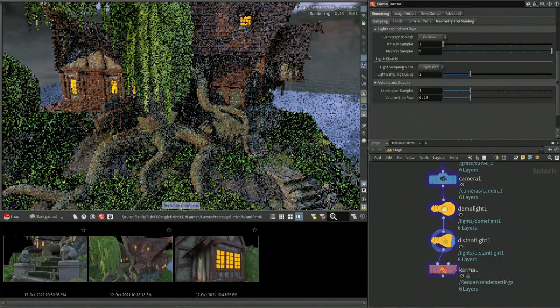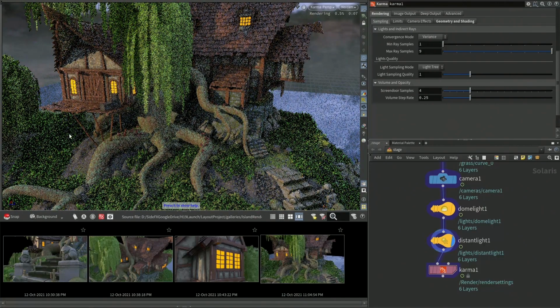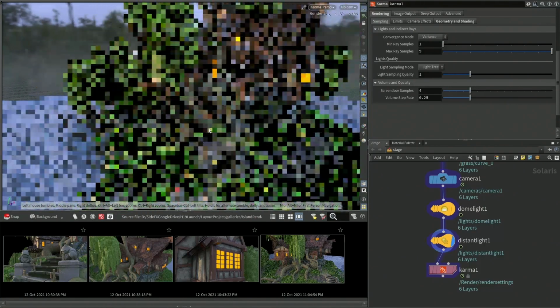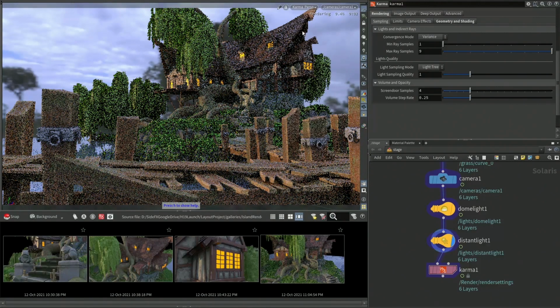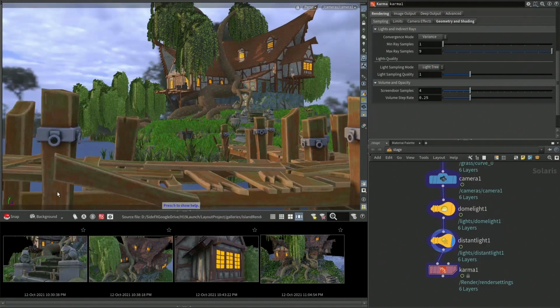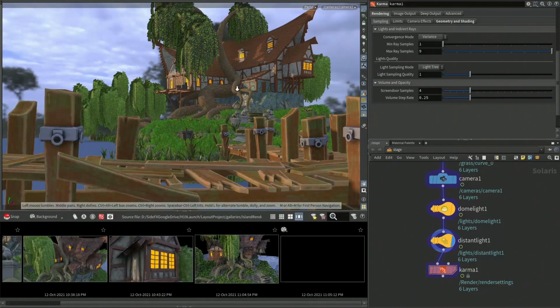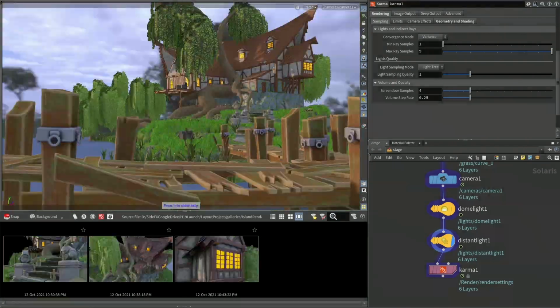So you can have this image rendering in the render gallery while you continue to work in the interface.